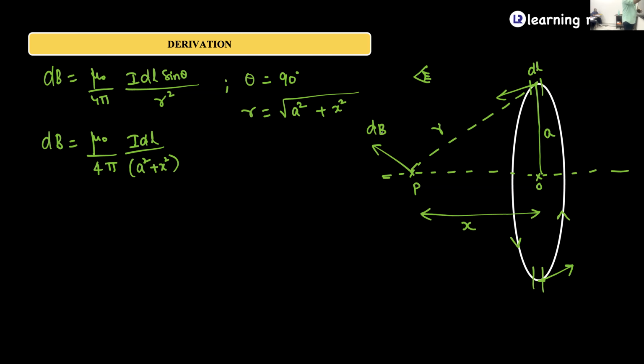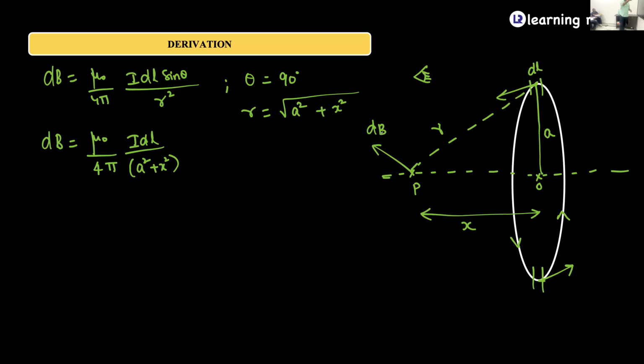Because ideal vector and R vector are already perpendicular to each other. So how should dB vector be? It should be perpendicular to both. Meaning, if this vector is there, R vector is like this. So to that r vector at point P, dB vector will be like this. So this is the direction of dB vector. Okay, this is dl vector, this is r vector, this will be dB vector. Okay. Now,